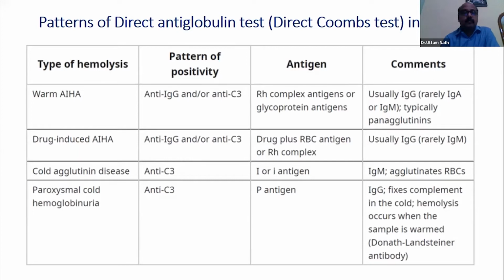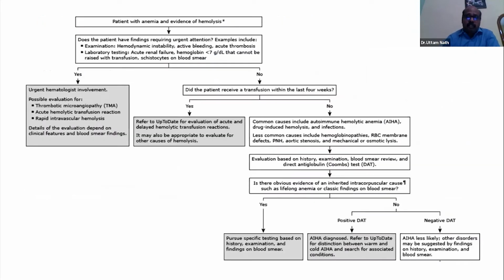And these warm AIHA antibodies are typically pan-agglutinins. That is, they bind avidly to commonly present antigens on the RBC surface. That is why they pose problems with transfusion, which I will come to later. Now, this is a basic algorithm of any